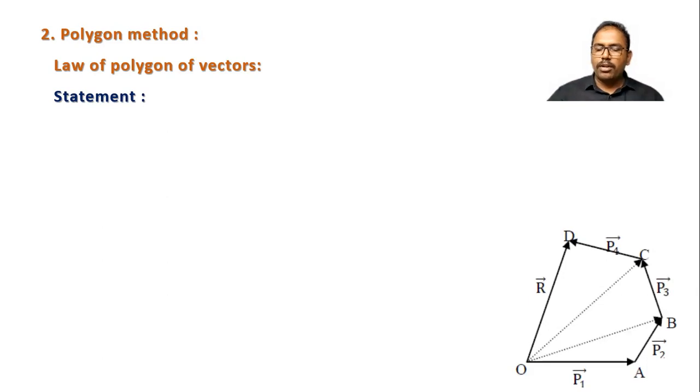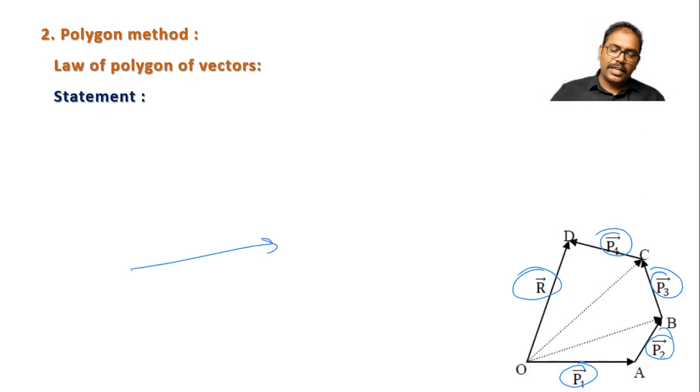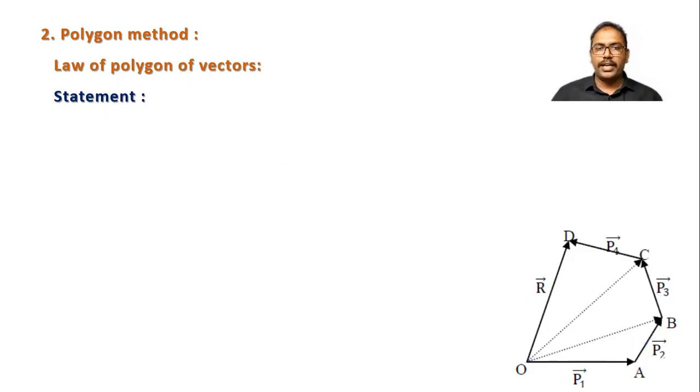Now when we are talking about a polygon, poly means many, gon means angle. A diagram with many sides and many angles is a polygon. So this is P1 bar, this side is P2 bar, P3 bar, P4 bar, and then their addition is this. Here, addition of sides is equal to the remaining side. In the triangle law, you know the first side plus the second side, addition of these two sides, is the remaining side. In a similar manner in a polygon also, addition of sides is equal to the remaining side.